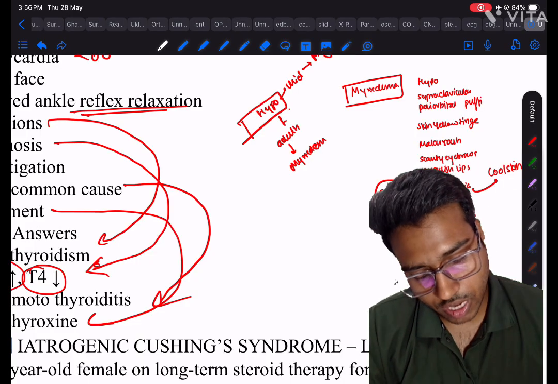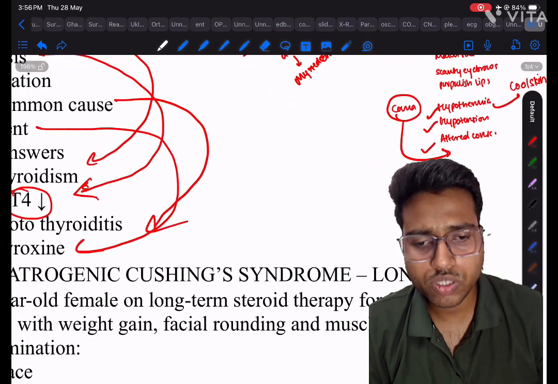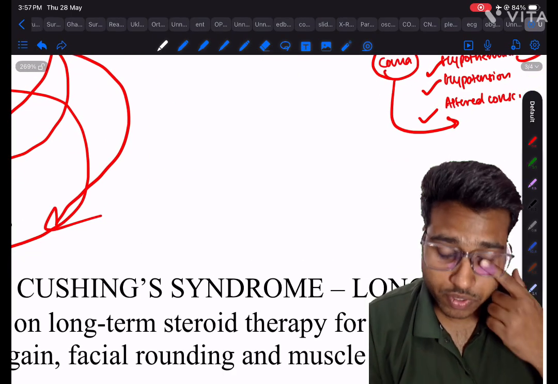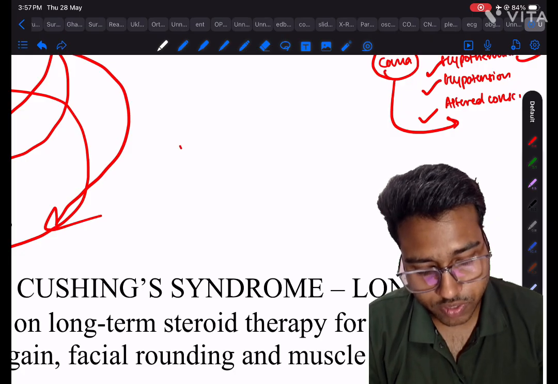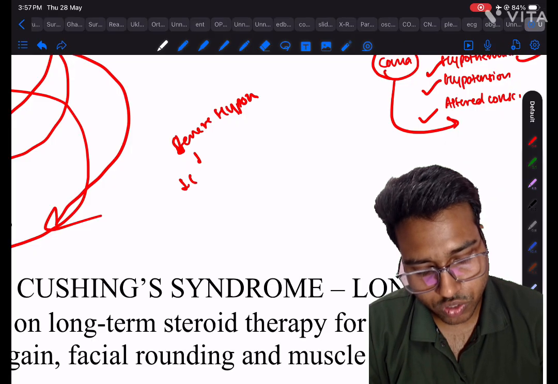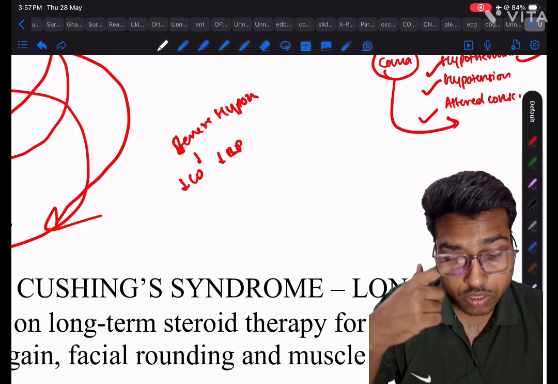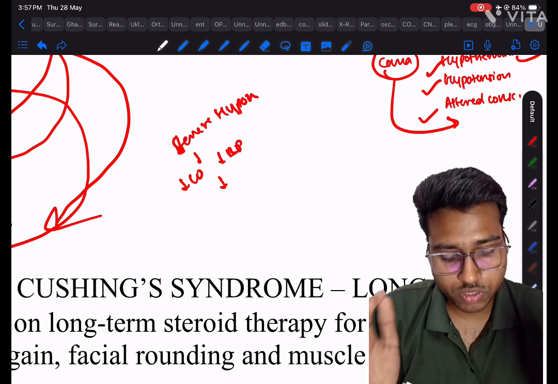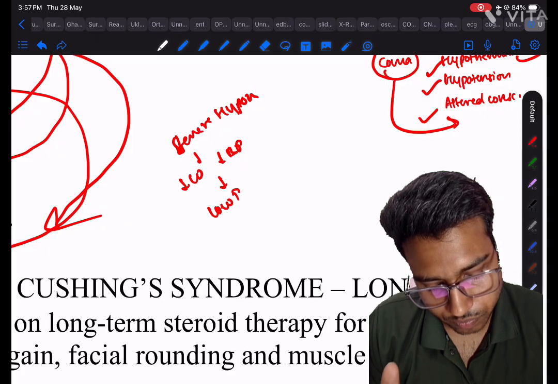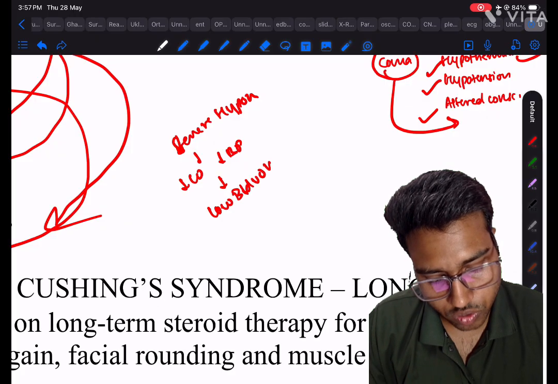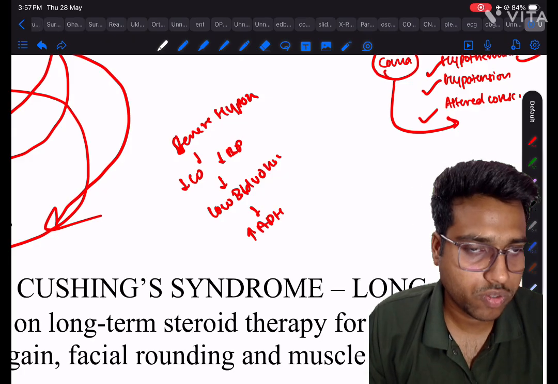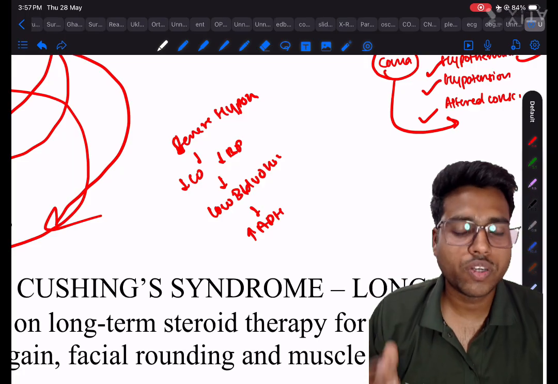But one more thing, why is there hyponatremia over here? You should ask the question, why hyponatremia, why hypoglycemia. Okay, when there is severe hypothyroidism, there is a decrease in cardiac output, it causes a decrease in BP. So the body thinks that the decreased cardiac output due to severe hypothyroidism means there is a low blood volume, so it causes release of ADH. What does ADH do? Anti-diuretic hormone means it decreases the urine output. Okay, decreases the urine output, so it causes water retention.